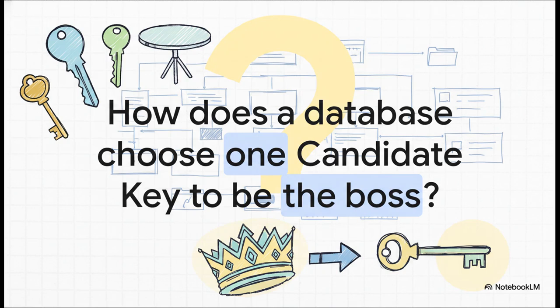Which of course leaves us with one last really interesting question. A single table could have multiple candidate keys, right? Multiple perfect options for the job of being the unique identifier. So how does the database decide which one of those gets to be the real boss, the one and only primary key? Well, that sounds like a story